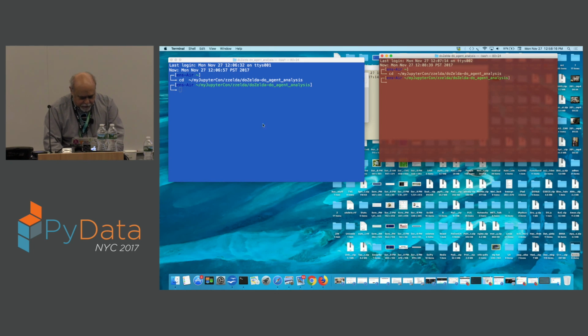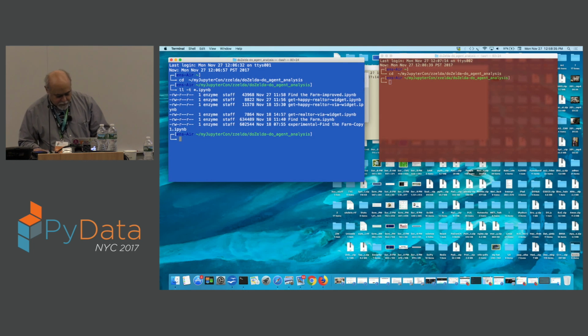Okay. And the first notebook is going to be my Python 2 version. Right, I'm still kind of mostly in Python 2 these days. Kind of Python 2, Python 3, right? According to the latest stats. Okay, good. All right.